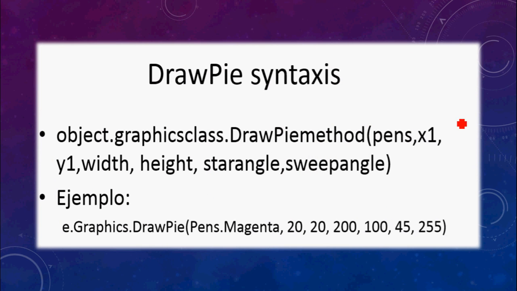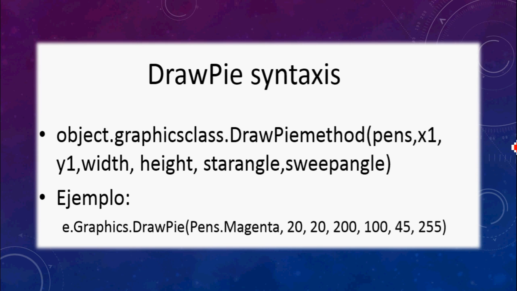So we have here the syntaxes that you will use to create the method draw pie. It composes of an object, a graphic class, a draw pie method. Then inside the parentheses we have the pen, the x and y, width, height, start angle, and swept angle. Below we have an example. It goes like this: